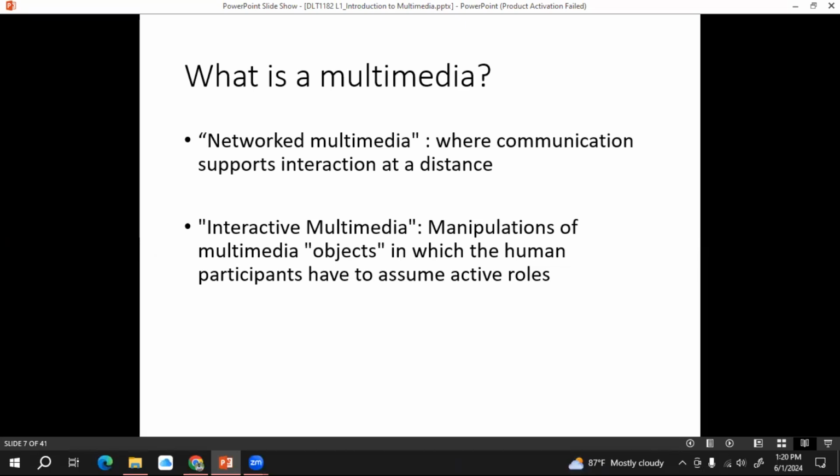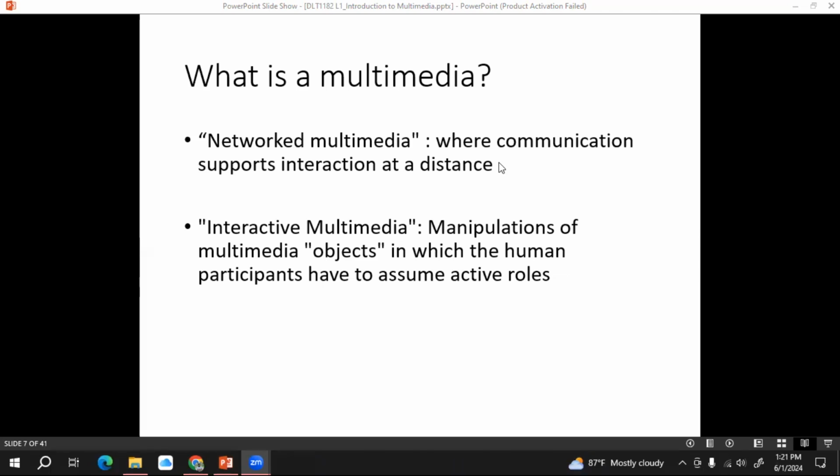Then interactive multimedia. What is interactive multimedia? The most suitable example for an interactive multimedia is Facebook. Facebook uses images, text, voice, videos, all types of media components.